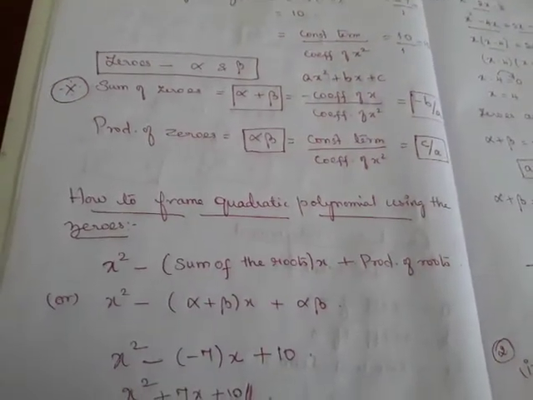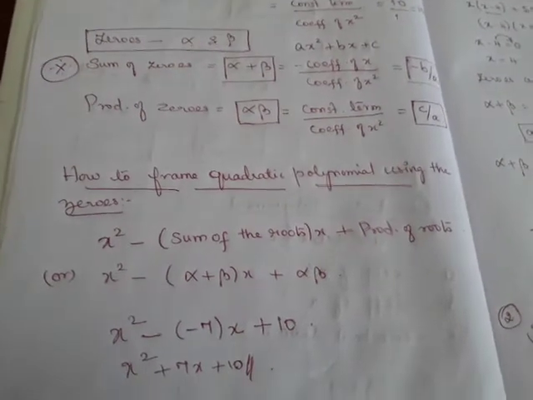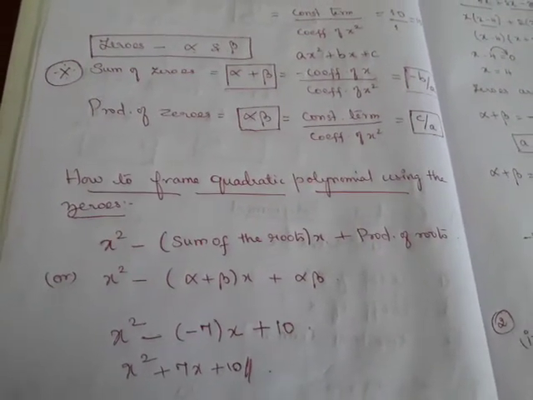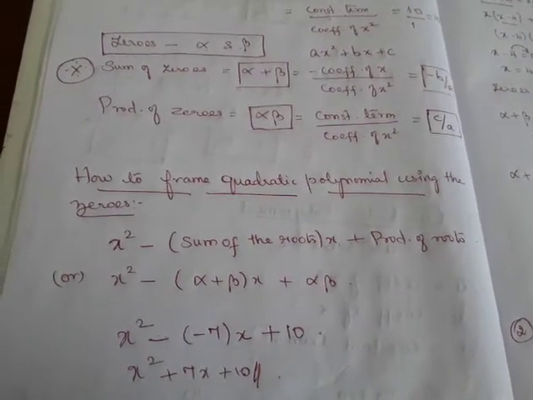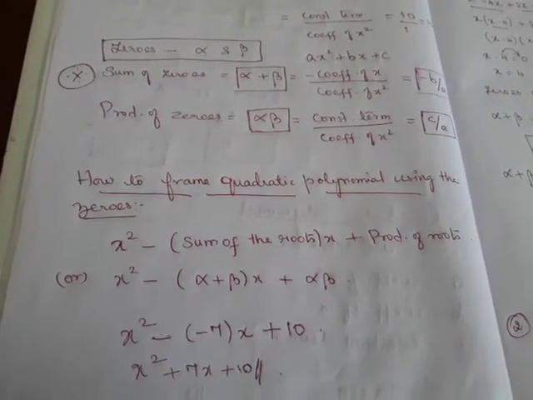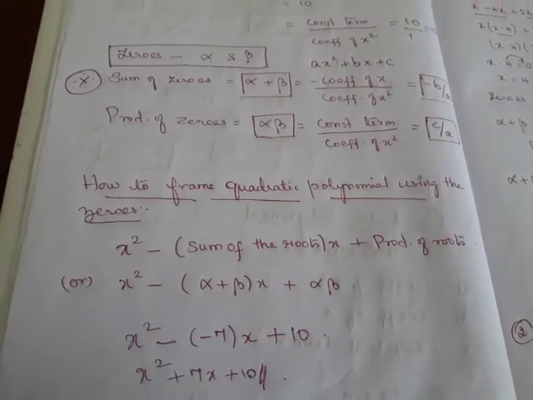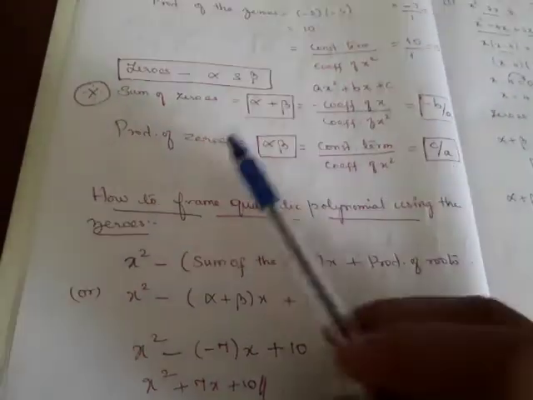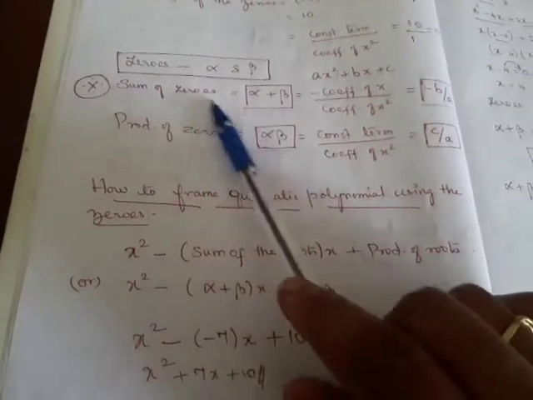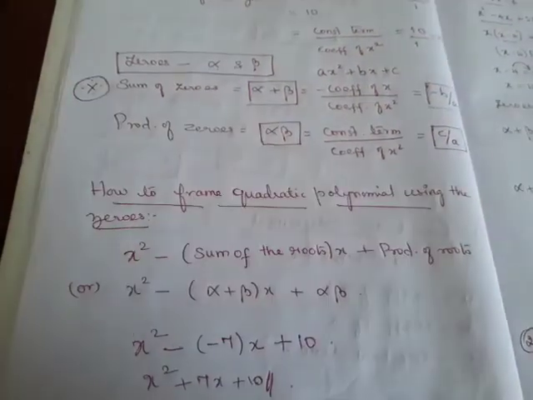Hello students, before we get into today's class, I wish to recall what we learned in the previous class. So we are learning about polynomials, and in the last class we learned the relationship between the zeros of the polynomial and the coefficients of the given polynomial, right? So we learned for a quadratic polynomial, if its zeros are denoted by alpha and beta, then the sum of zeros